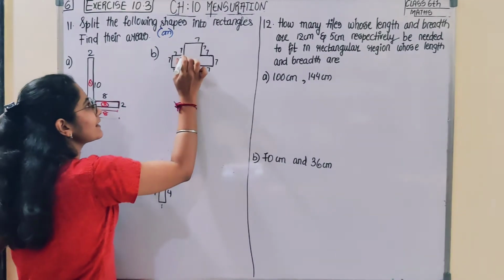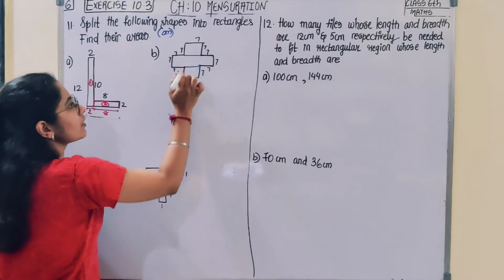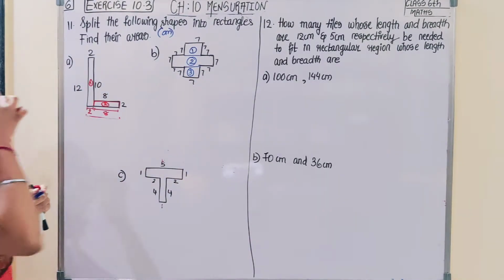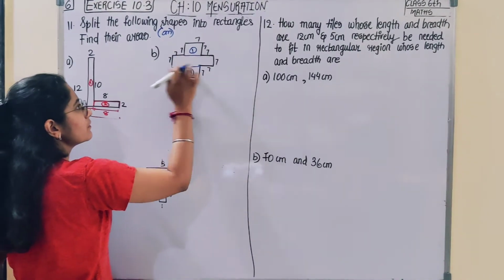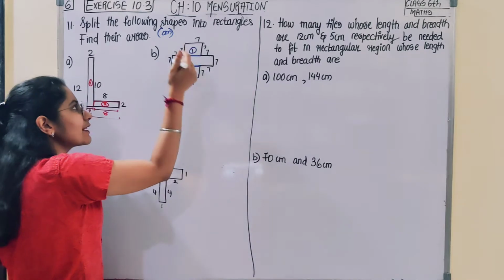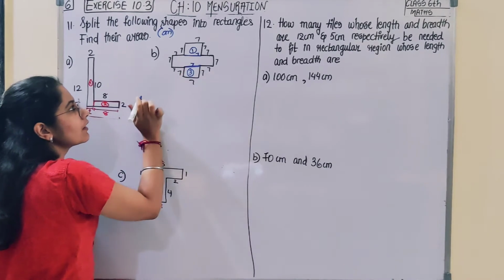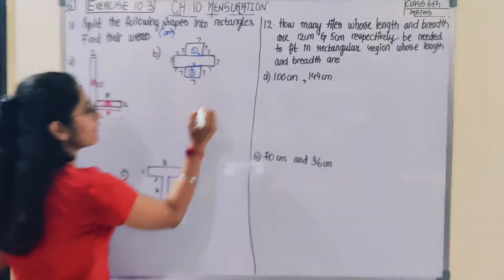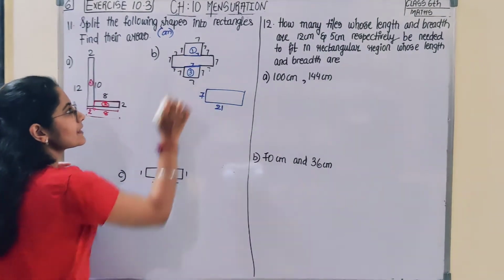Now you can extend this, so you can consider this as 1, 2, 3. Now see, in the second rectangle, this is corresponding to this. So this length will be 7, as it corresponds to this, so this is 7. Do you understand? Now this 7, this 7, this 7, so 7 plus 7 plus 7, 7 threes are 21. So if I draw only the second one, this is 21 and this side is 7. Understood? So this is the second.